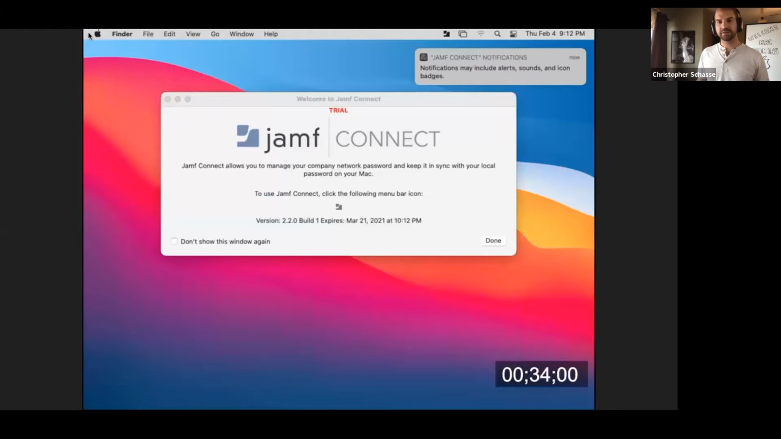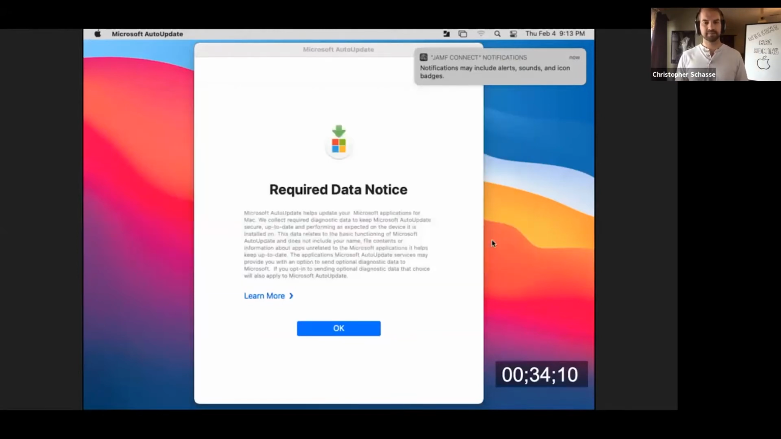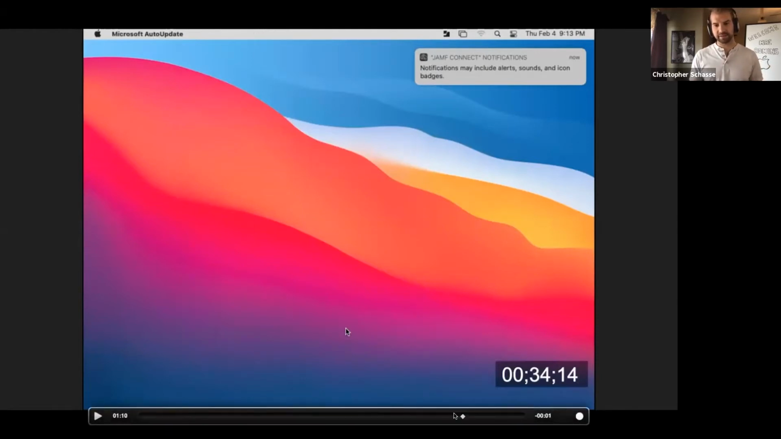It creates that user account. It's already logged in to Jamf Connect. The Jamf Connect window pops up explaining what they're doing, and this Microsoft data notice. So at this point, back when we're at the Jamf Connect screen,